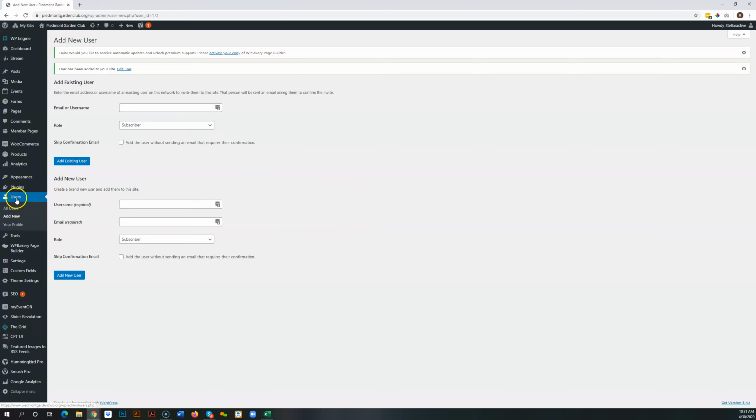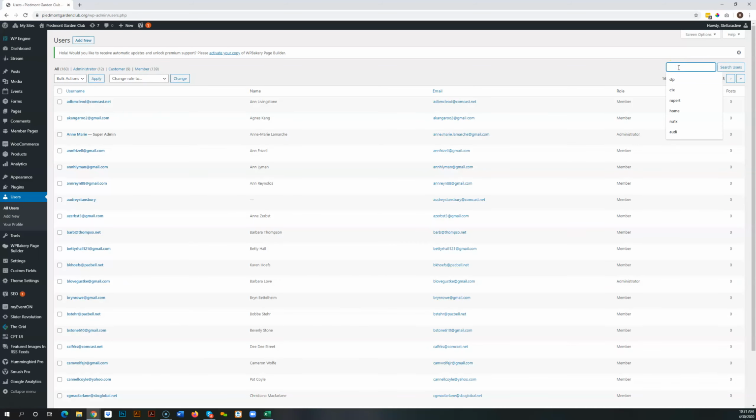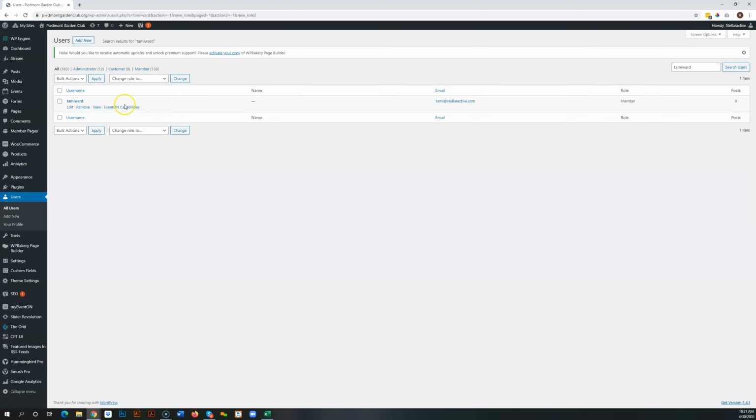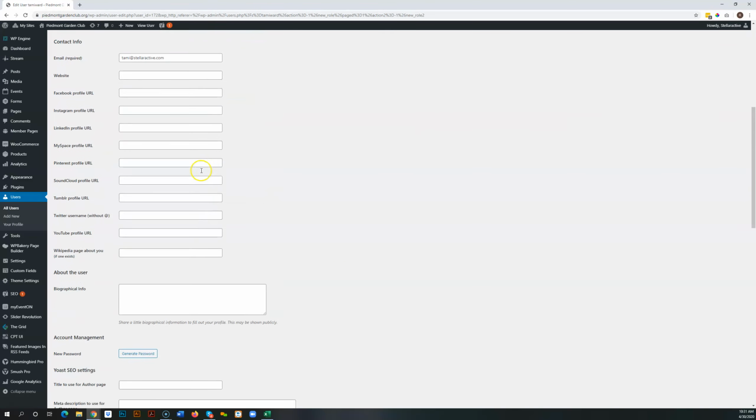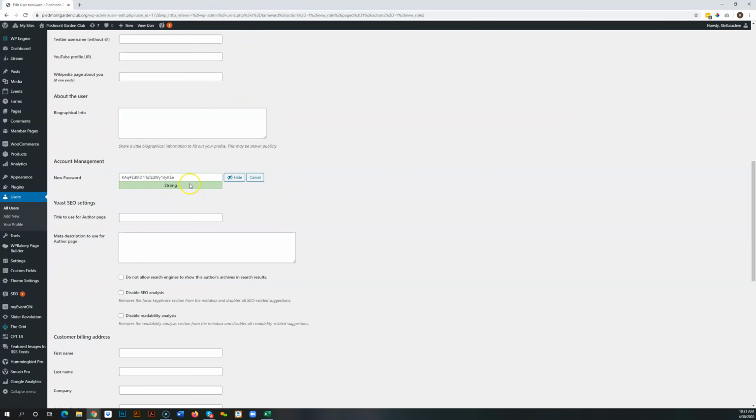And then once they're in there, you can go to Users. You can look up Tammy Ward. And then you can click into this, and this is the view that you were used to seeing before when you went to add a user. So then everything is here. You can click Generate Password. You can say,